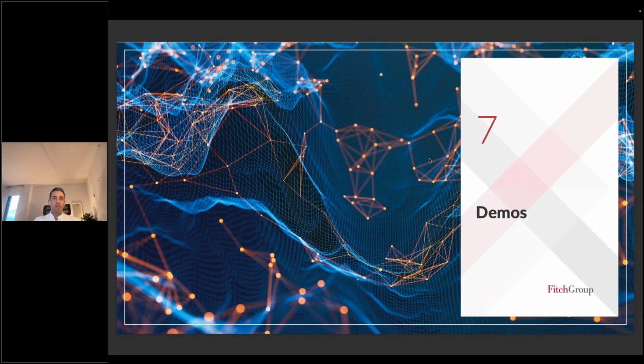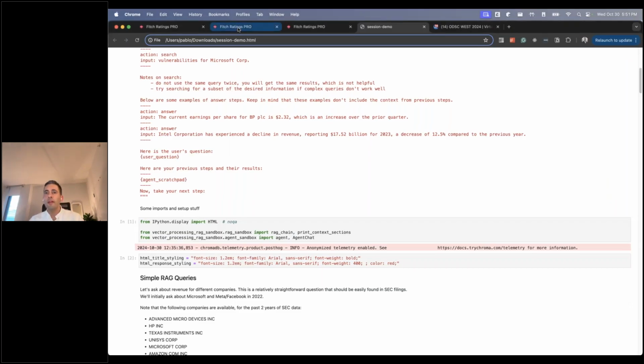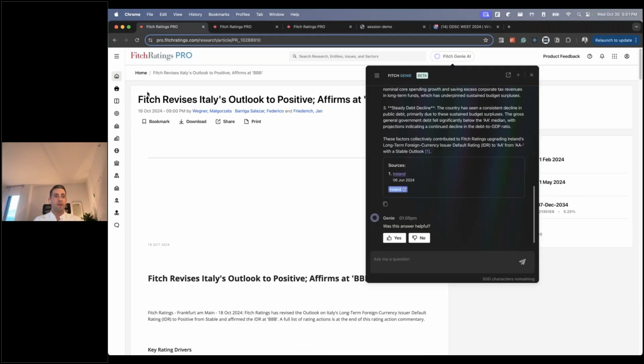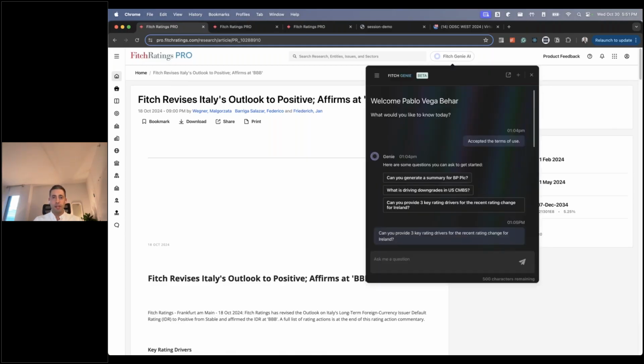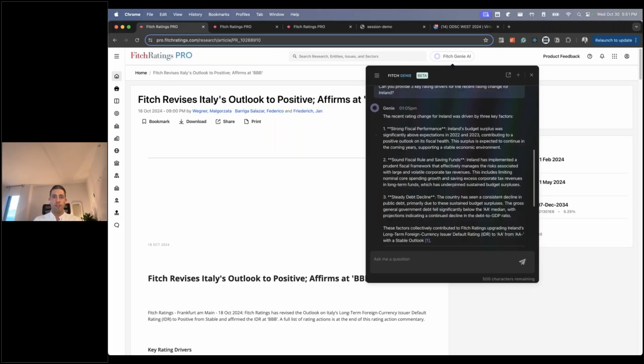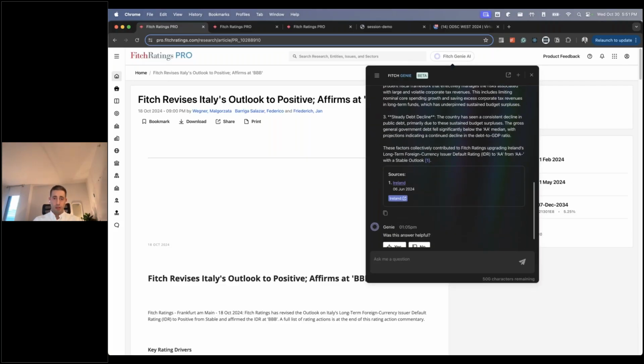Okay, one thing that I want to show very quickly, and after this, I'll open it for questions. This is Fitch Ratings Pro. Let me go to this tab. So here, I opened up my Fitch Genie AI. I already pre-populated one of the standard questions. I got a response. The response will cite a source, and in this case, I have 2 particular sources.